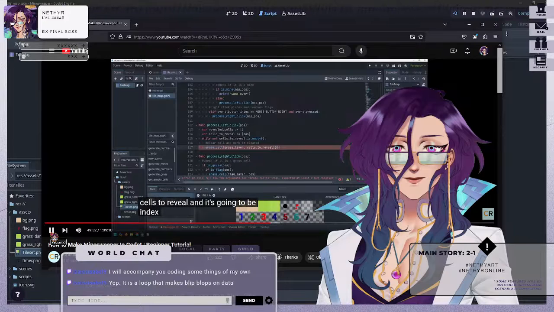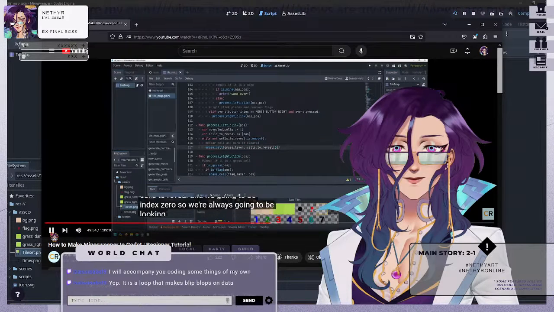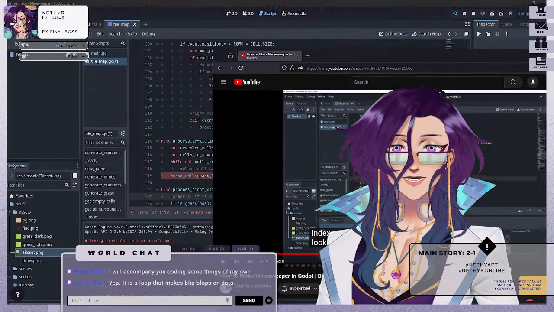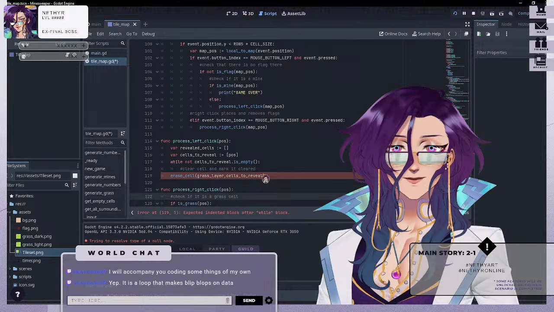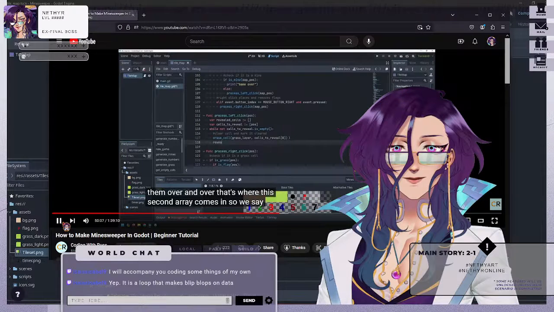And it's going to be index 0. So I knew it. We're always going to be looking at the index of 0, starting at 0. Okay. So we say that revealed cells dot append